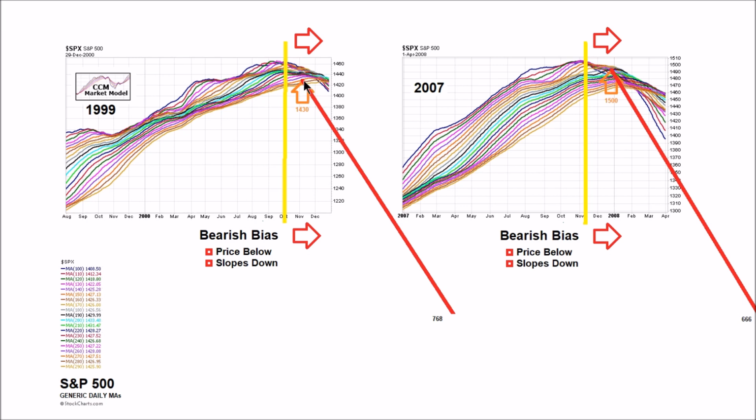In this case, price was at 1430 here when we could see this, measure it, and put it in a model. After that, really bad things happened. We fell from 1430 to 768. Similar situation here. Price was right here, right around 1500 in late 2007. After we could see all of this damage, measure it, and put it in a model, really bad things happened.